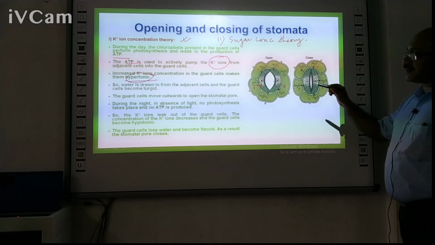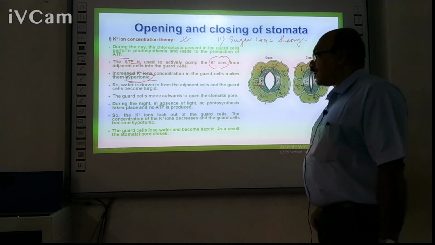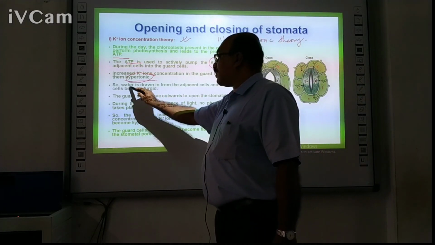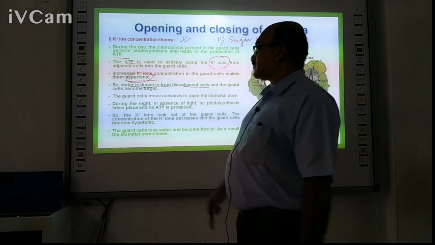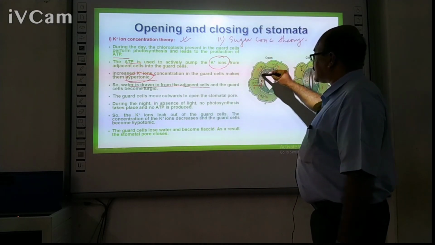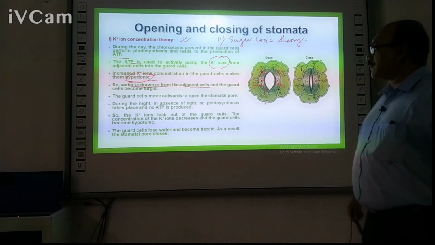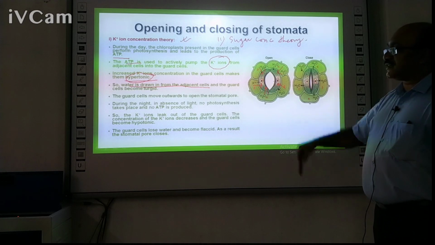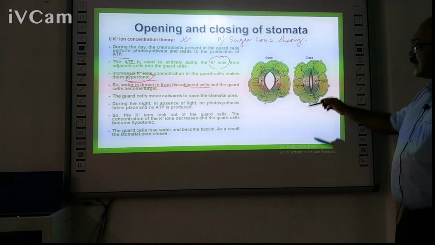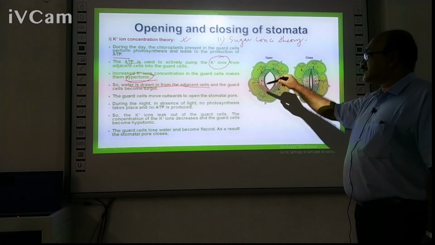When the guard cells become hypertonic, water is drawn from the adjacent cells. Water from the surrounding cells now enters into the guard cells. As the water enters into the guard cells